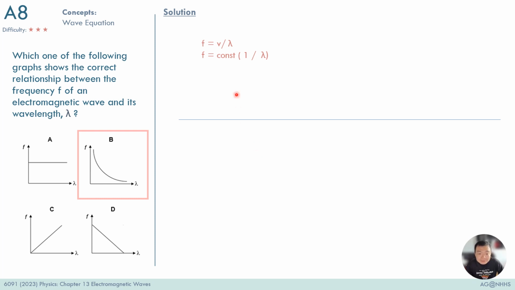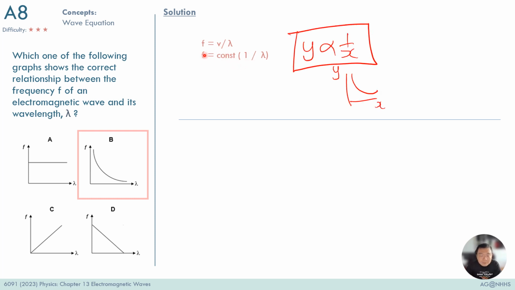wave equation. So v equals f lambda over here. I can just rewrite the wave equation using a constant value because after all the velocity of the EM waves is always kept constant. And if we decide to plot f against lambda, we can recognize that this is actually like an inverse relationship that you have learned in math. And that's why for any inverse relationship graphs, it always looks like this manner,